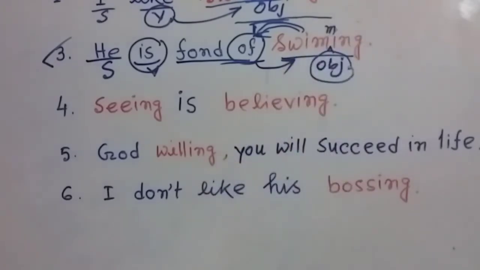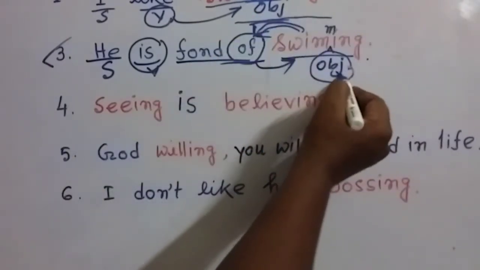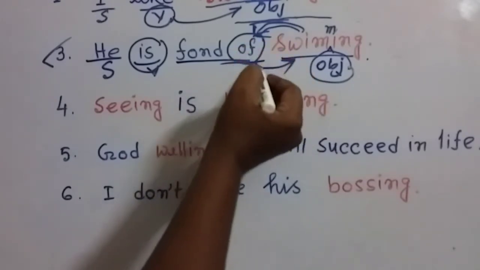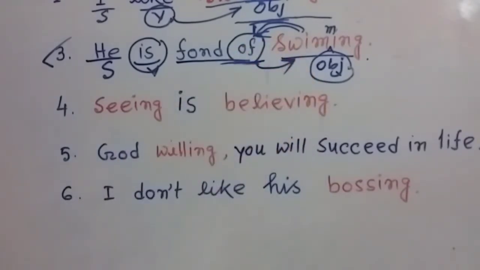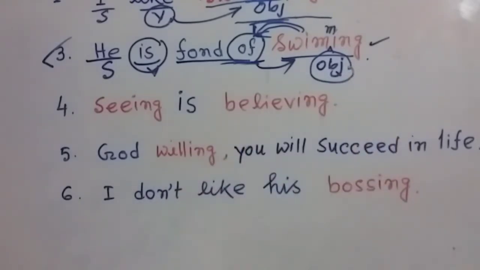There will be another M. I'm sorry for that. So my dear friends, this term is the object here, and this is the object of this preposition. And you know, this is a gerund here, as it is the object. Obviously it's a gerund. So my dear friends, the gerund may be used as the object of a preposition, and after a preposition, if the situation takes place, obviously we have to use the gerund form over there.